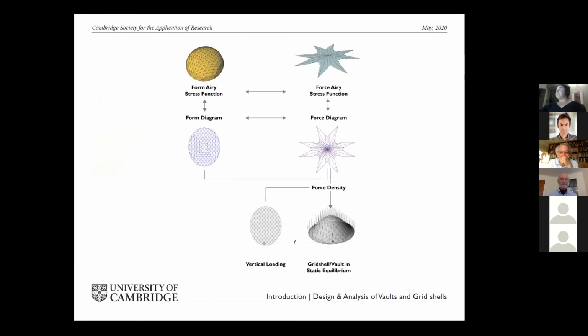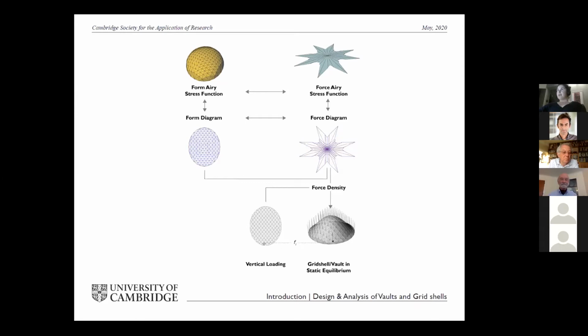So here is a diagram from my thesis, and what it shows is two of the basic ideas of this approach. We don't have only one diagram. We don't have only the 2D truss diagram. We have four reciprocal interconnected diagrams. So we have the form diagram, the force diagram, and then more fundamentally, Maxwell made this very profound observation that